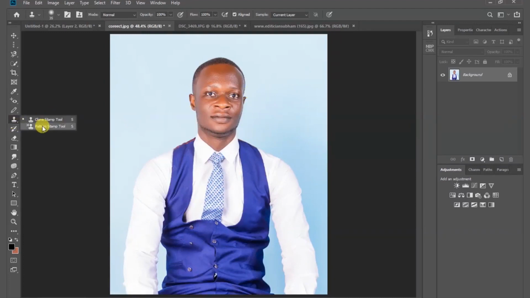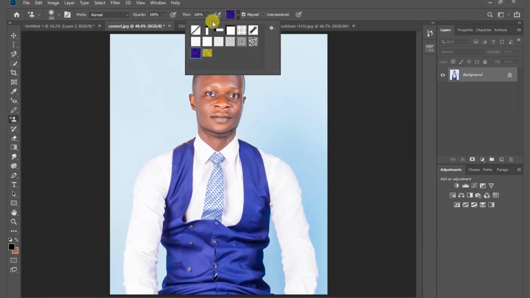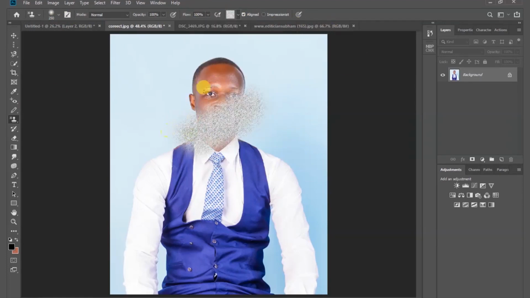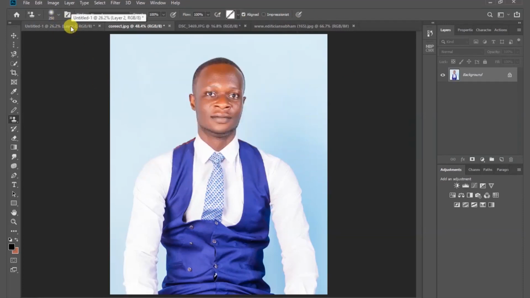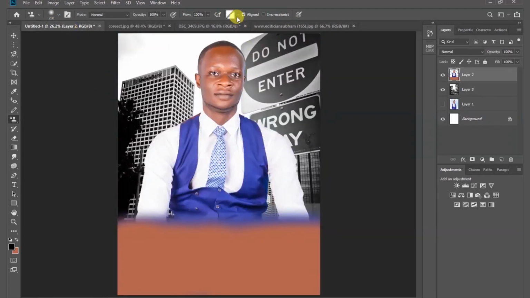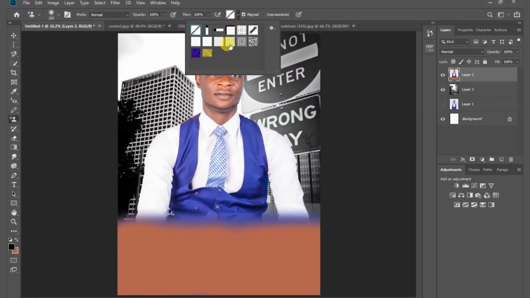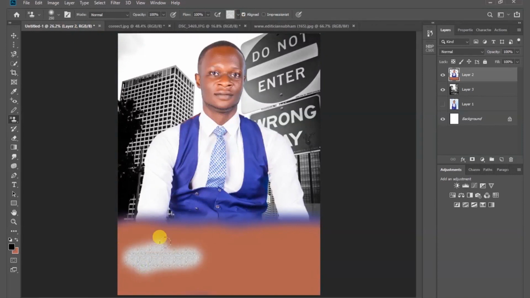The next one is the pattern stamp tool. And you come to the option bar. You can see where the patterns are. So you can select any of the patterns. So if I choose this pattern, then I can brush to reveal those patterns. Now let's use some of the patterns to fill